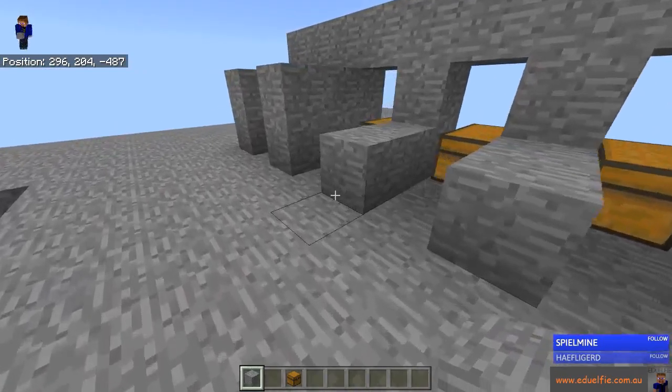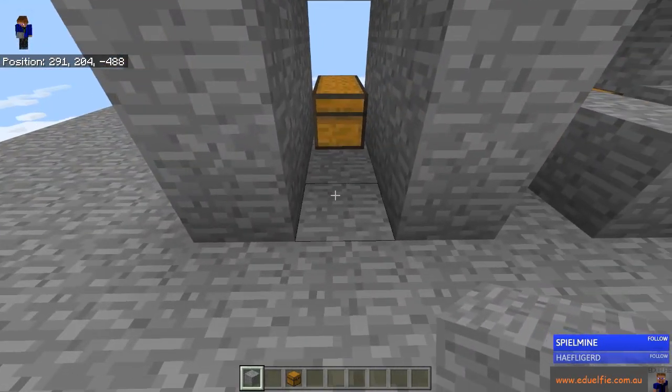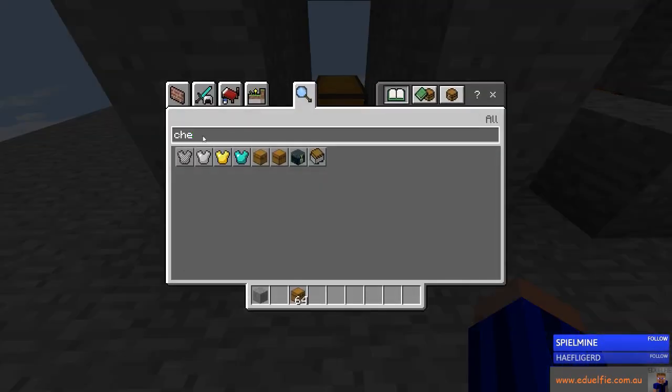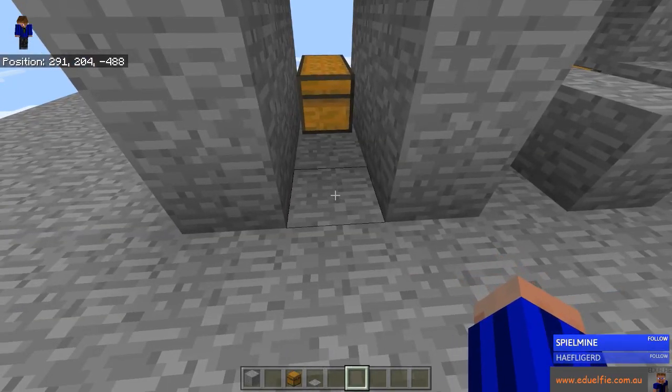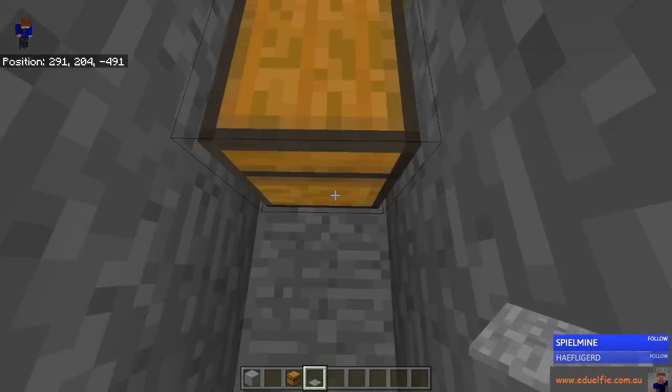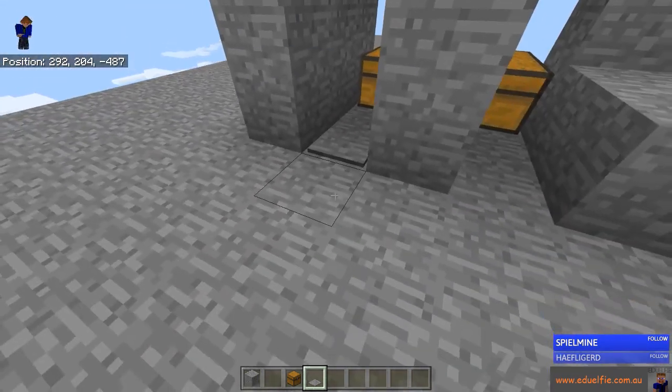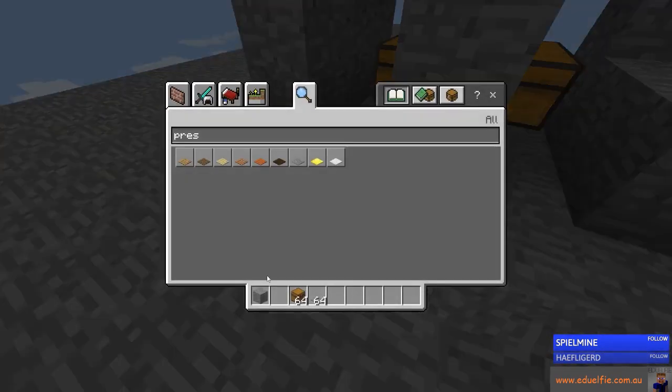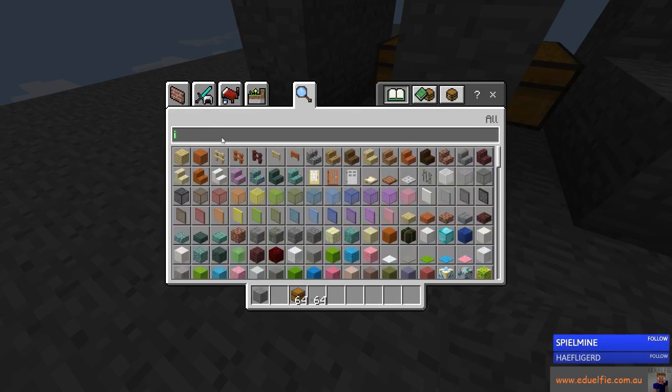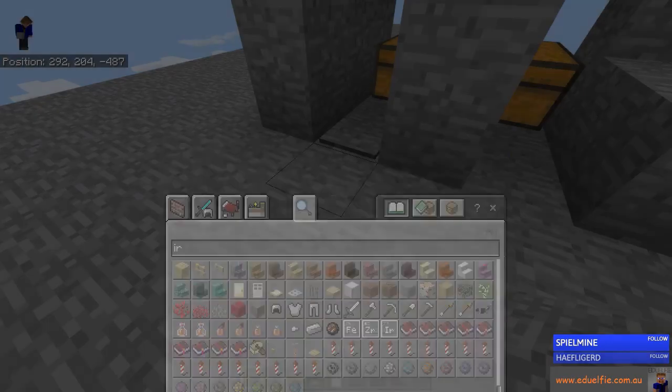Because I can do that. So as soon as I step over that, it blocks off anyone else from coming in. I did this in the